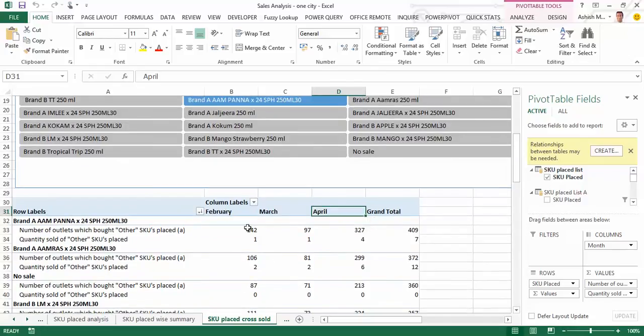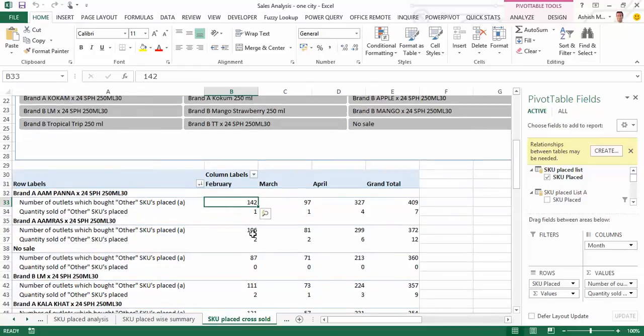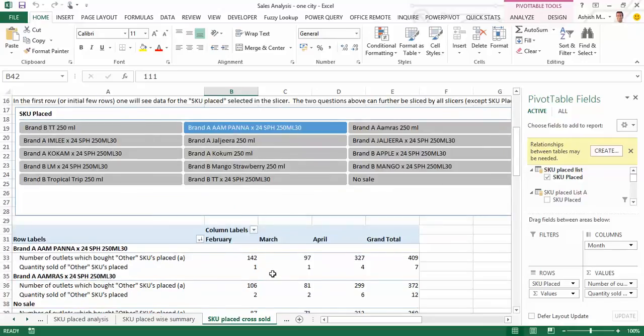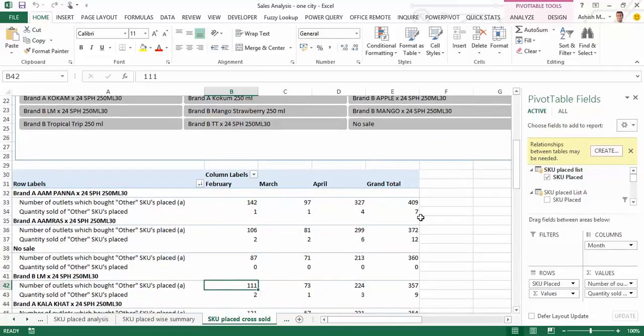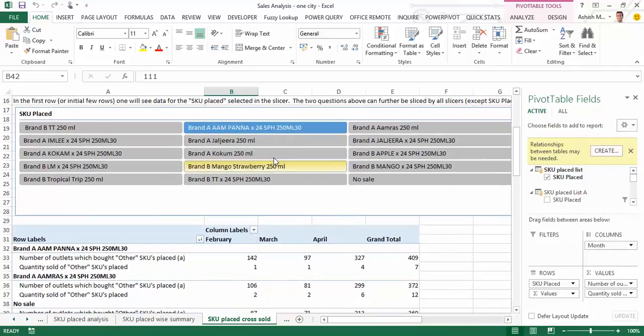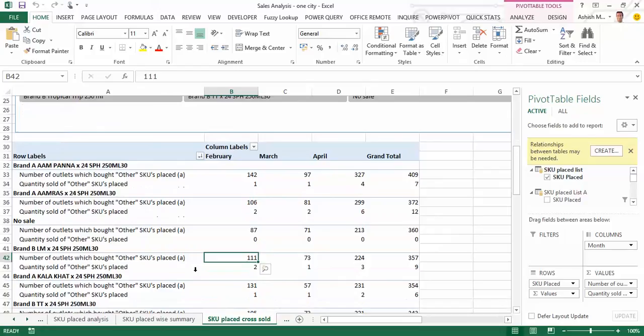to see that of the 142 outlets in the month of February which bought brand A Aam Panna, 106 of those outlets also bought brand A Aam Ras, and 111 of the outlets in the month of February which bought brand A Aam Panna also bought brand B LM. So across different months, I can actually get to know for any one SKU type selected over here, which were the outlets, how many outlets bought other SKU types as well, and what was the quantity bought of those particular